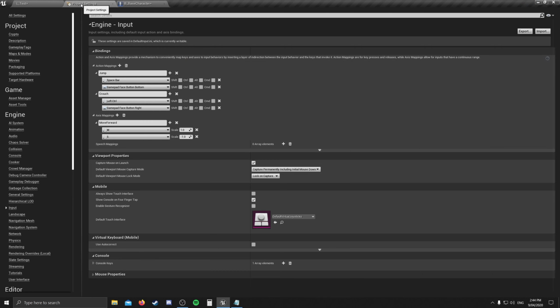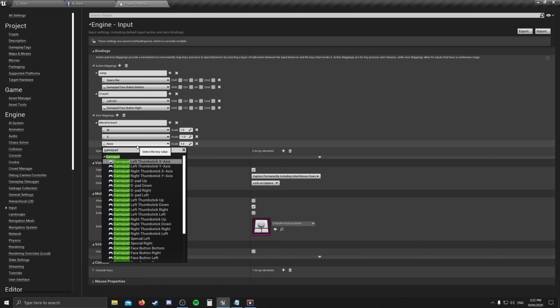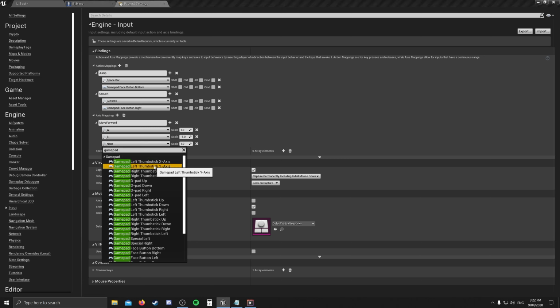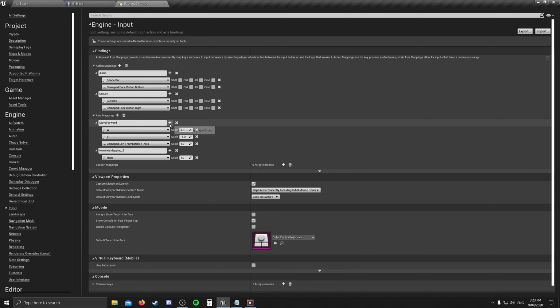Moving back over to our project settings. Next, we'll add our gamepad support. This will be a gamepad left thumbstick Y-axis. And because the thumbstick controls its own scale based on which direction you're drawing it, we don't need to touch the scale here. Next, we're going to add another axis mapping by going up to axis mappings and clicking the plus sign. We don't want to accidentally click here. And we're going to call this one